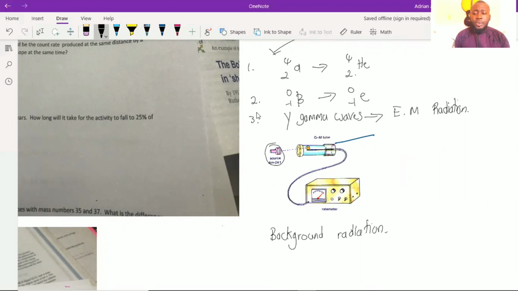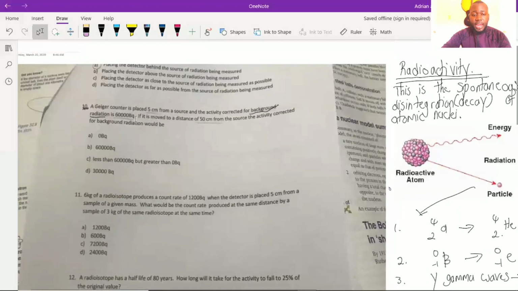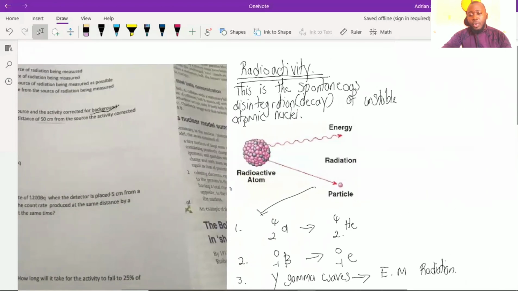So what's important to do is you need to know the radiation that is not coming from the source. All of that radiation that is not from the source is called background ionizing radiation. And once we know this, we can subtract this from the total that we get, and we know that what is left is the radiation just from the source right here. So they're saying that they've done all of that, they've corrected it, and this 60,000 becquerel is the radiation coming